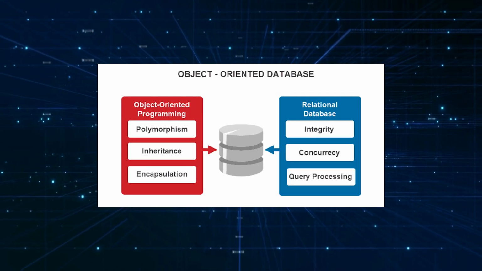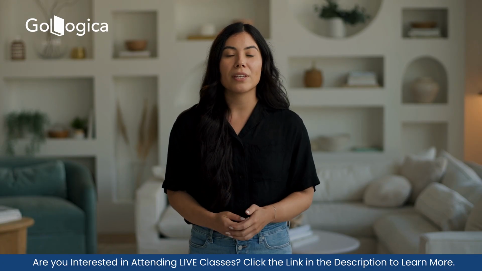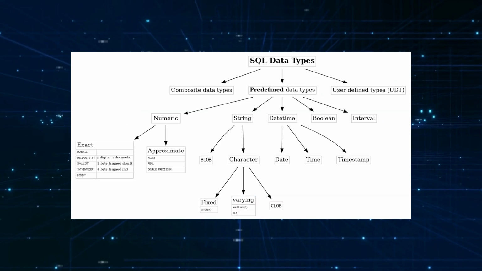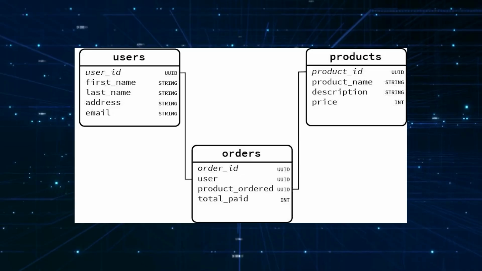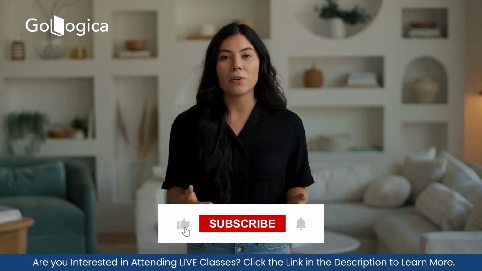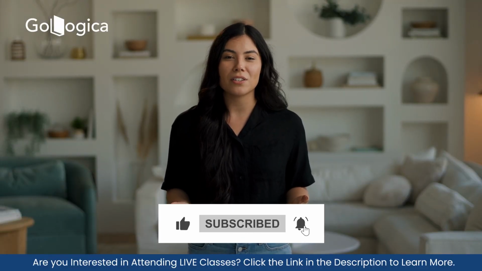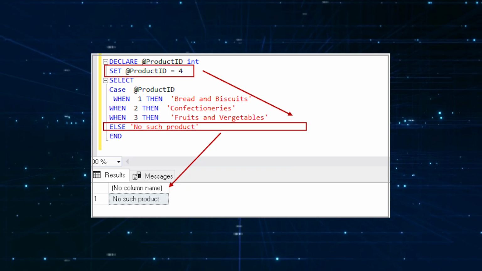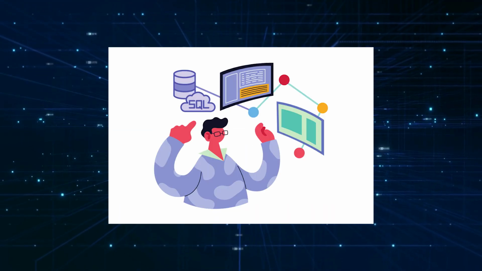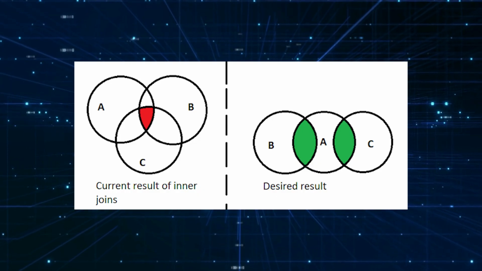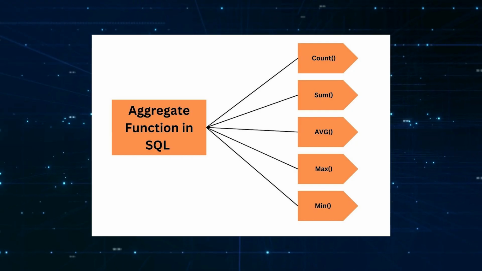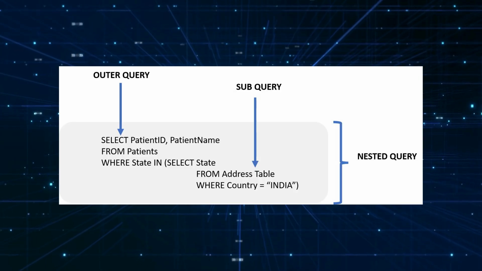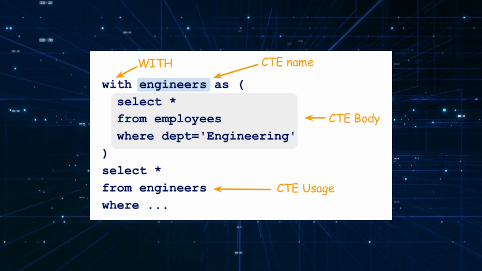managing database objects. The course progresses with fundamental database concepts such as tables, relationships, data types, and schemas. Participants learn how to write SQL queries using Transact-SQL, or T-SQL, beginning with simple select statements and advancing to filtering, sorting, and joining multiple tables. The course covers aggregate functions such as SUM, COUNT, and AVG, as well as subqueries and common table expressions for